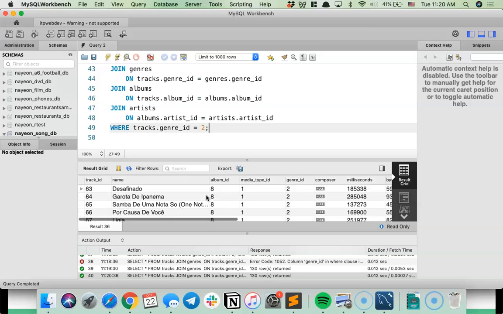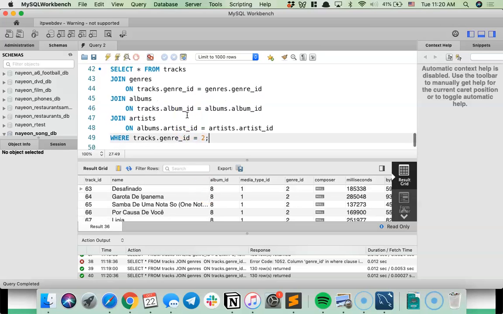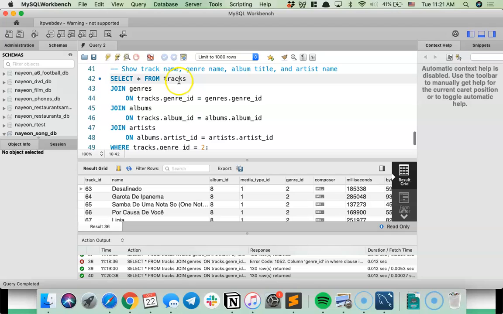It's kind of messy. If I want to clean it up, instead of doing select star, I would filter out the ones I want. If I only want to see genre name, I would need to replace all of that. But for the sake of time, I'm going to just stop here. This is probably the most complex SQL statement you'll be writing so far.